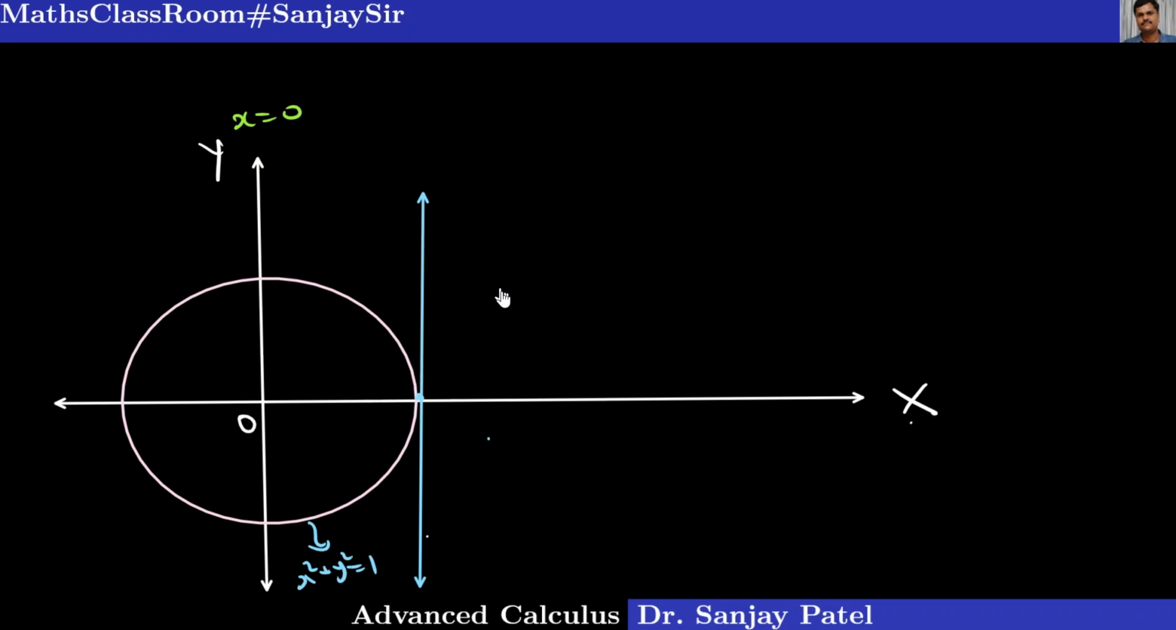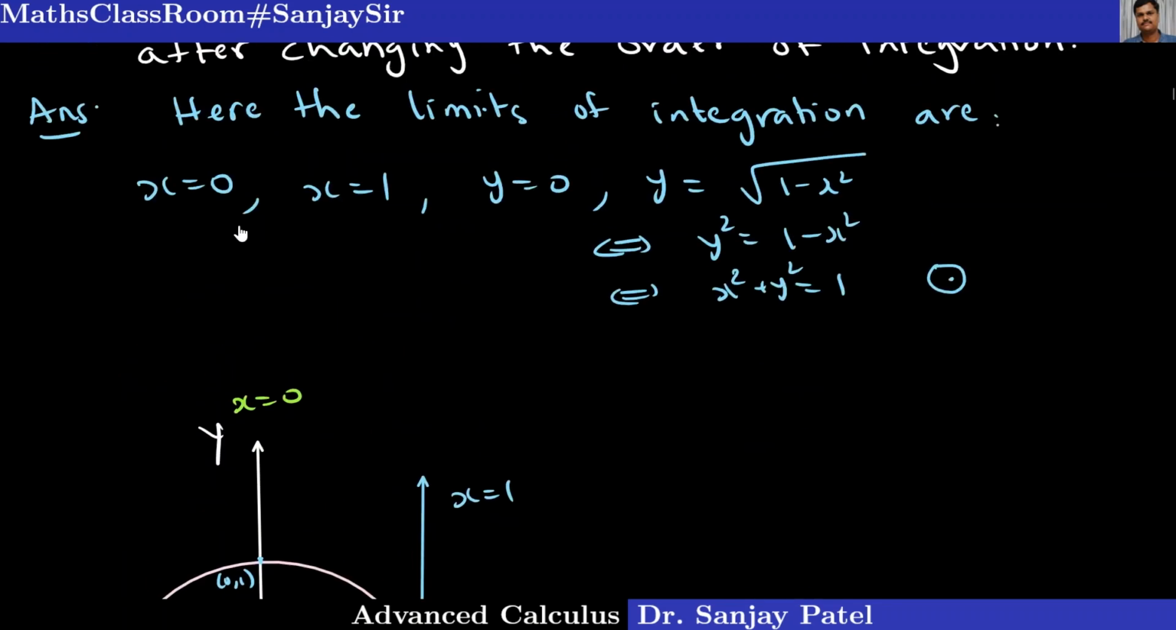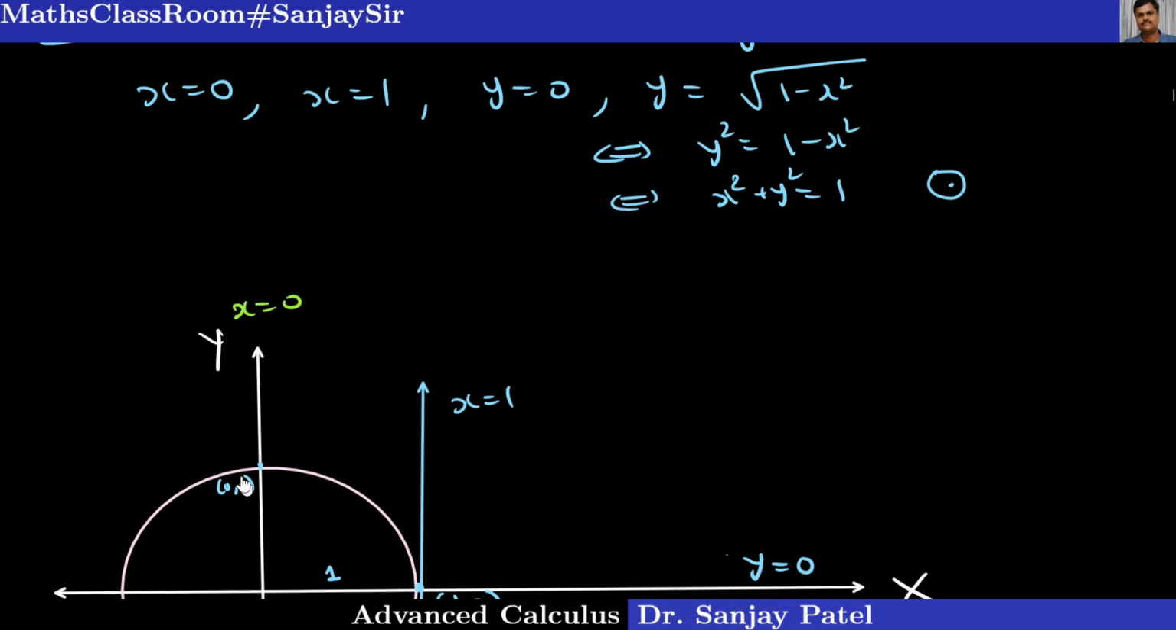This is the line x is equal to 1, because this radius is 1. This point you can take as 1 comma 0. This point is say 0 comma 1. And this is 0 0. Equation of the x-axis is y equal to 0. So the region of integration, as it is given, lies between x equal to 0, x equal to 1,